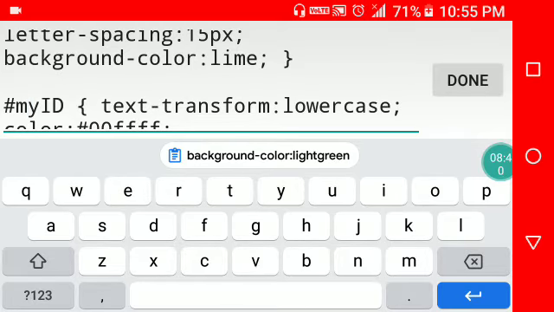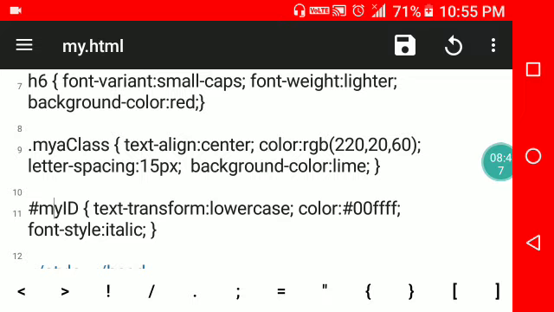Such a program is called an internal style sheet. This is the example of an internal style sheet. In an internal style sheet we can use four selectors, meaning you can use all selectors as per your requirement. Now I am going to explain another thing, the external style sheet.